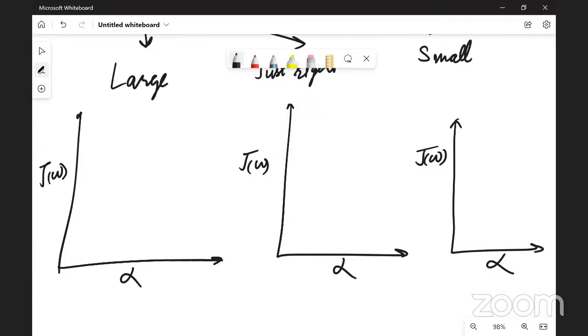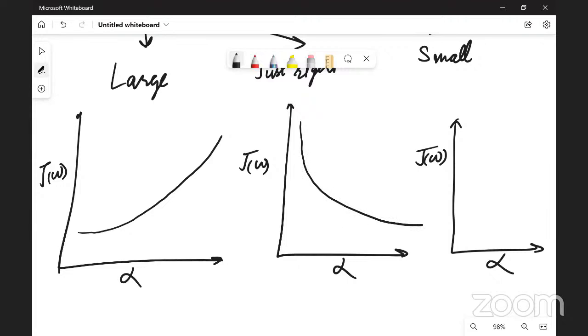So for the large, you can't really say, right? Because it might bounce off. Yeah, large will increase. The loss will probably increase. Absolutely right. So instead of decreasing, the loss function might increase, and that is bad because instead of training going towards the optima, our optimization procedure is going away from the optima. So this is bad. The second one is just right, so it should look something like this,